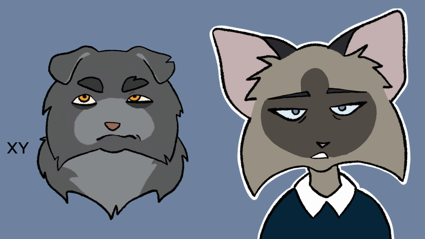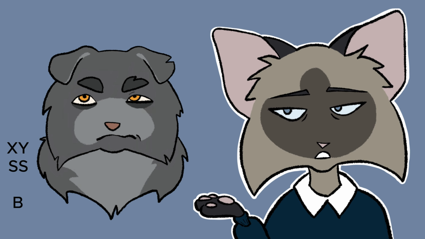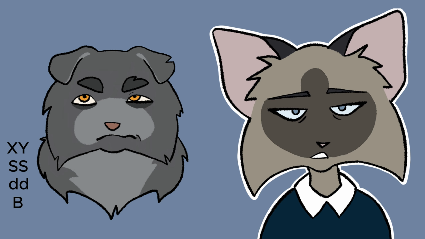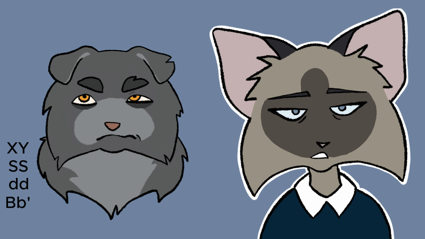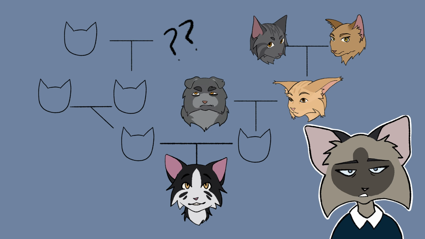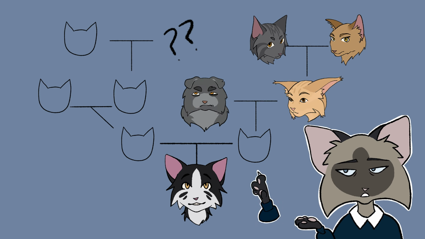His first locus B allele would be Big B, his locus W would be Big S, and his dilution locus would be little d. And as for his second locus B allele, we would give him B prime, just like Stagleap, and again you'll see why in a moment. Small Ear and Speckletail have many kits, but in this video we're just going to focus on Goldenflower, who is